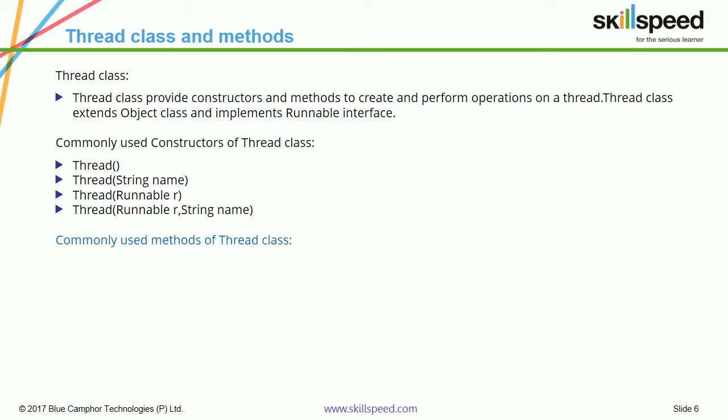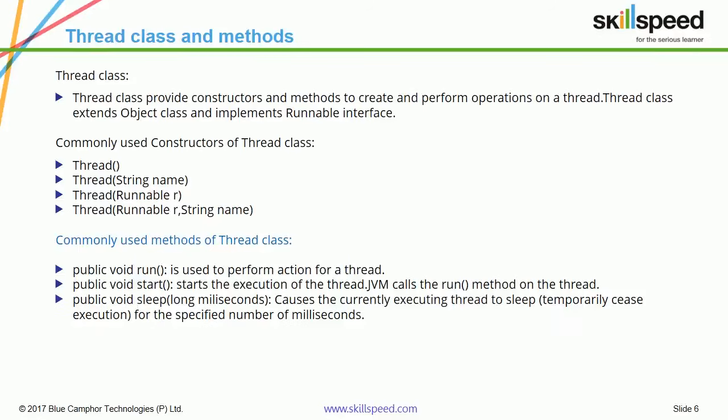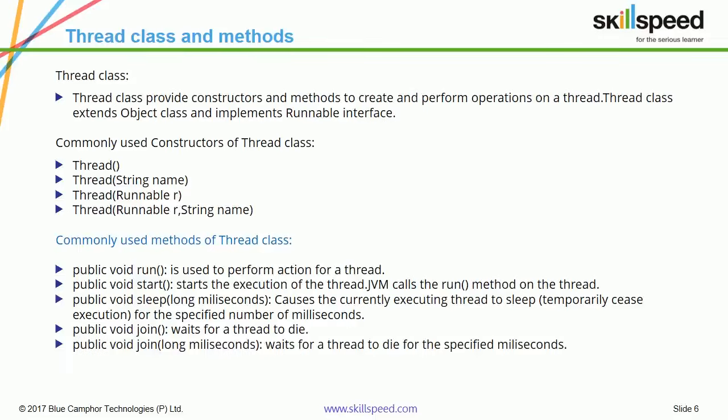The commonly used methods of the Thread class are: public void run, which is used to perform action for a thread; public void start, which starts the execution of a thread while the JVM calls the run method on the thread; public void sleep with the parameter long milliseconds, which causes the currently executing thread to stop temporarily, or cease execution, for the specified number of milliseconds; public void join, which waits for a thread to die; public void join with a long milliseconds parameter, which waits for a thread to die for a specified number of milliseconds; public int getPriority, which returns the priority of a thread;